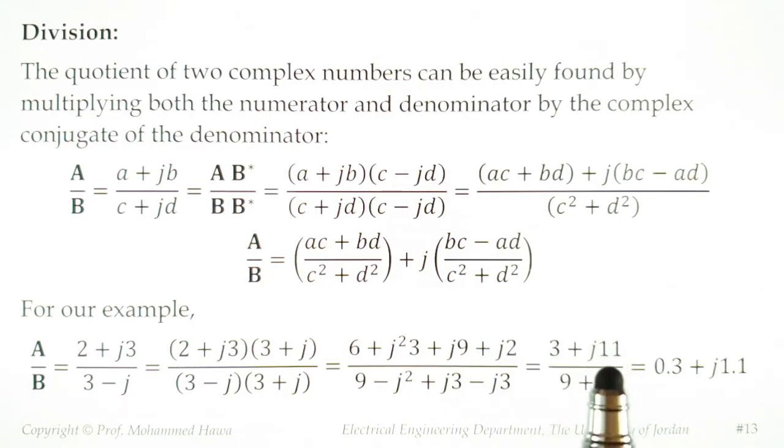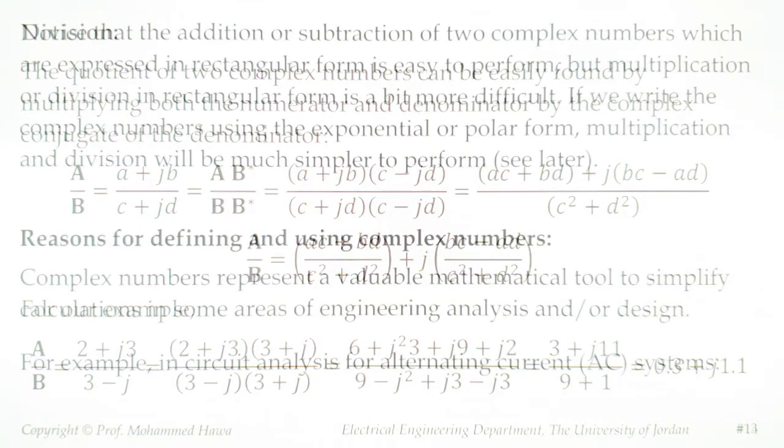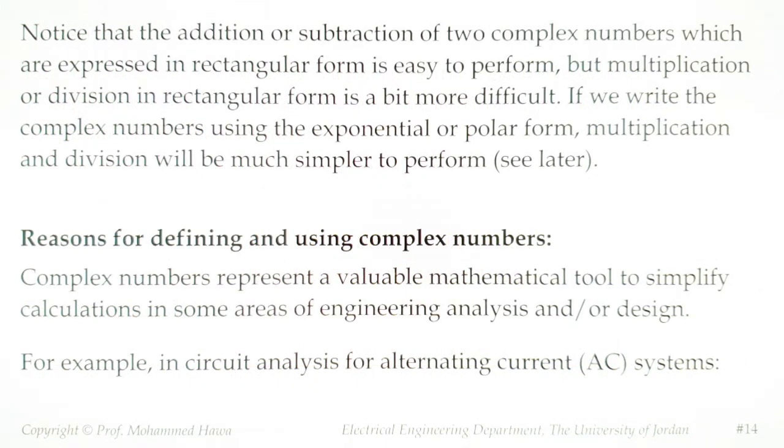Divide this complex number by the real number 10. You're going to get 3 over 10, that's 0.3. 11 divided by 10, that's 1.1. This is the answer of division, which I know is a bit cumbersome. And that's why I'm going to tell you later on to do division in the polar form of complex numbers instead of doing division in the rectangular form. You can do it in the rectangular form, but as I have shown you, it takes a little bit of